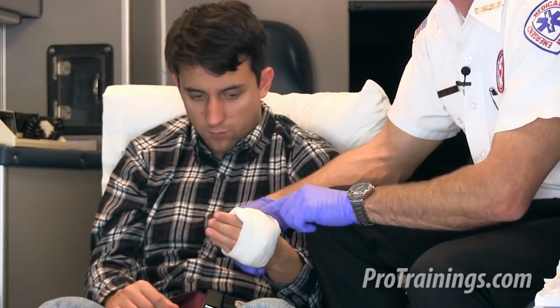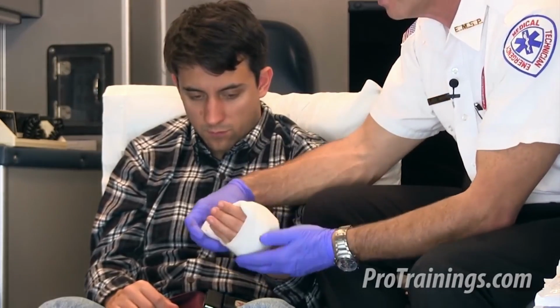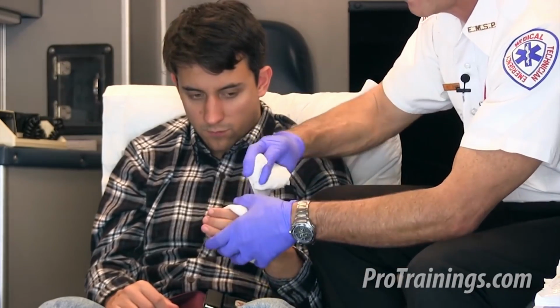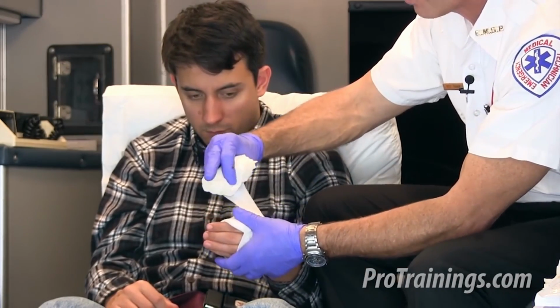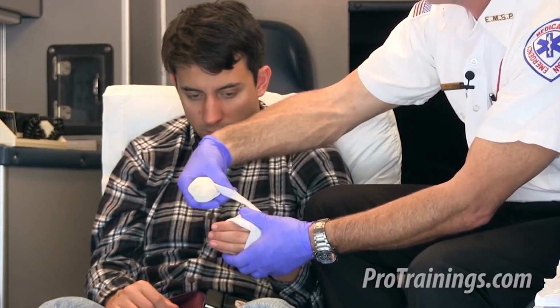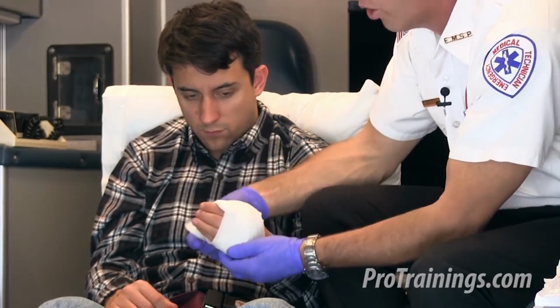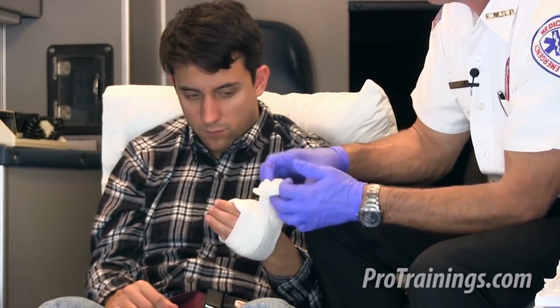If it begins to leak through again, I'll put more bandage on there and continue to wrap. A little special trick of the trade: sometimes if I need a little extra pressure when I come up top over the wound, I'll twist the bandage and then just bring it around. It just adds a slight bit more torque over the actual wound site and can help control that with